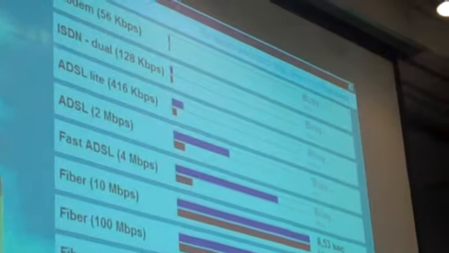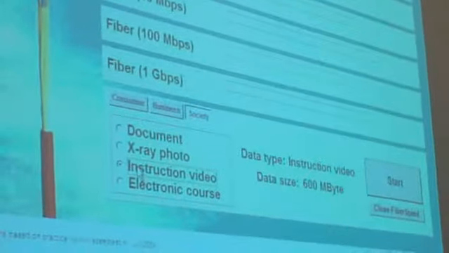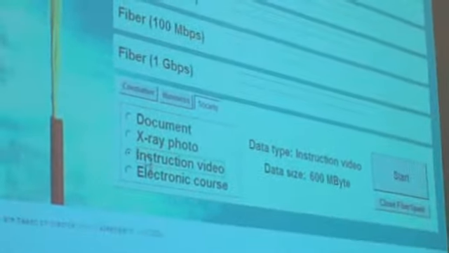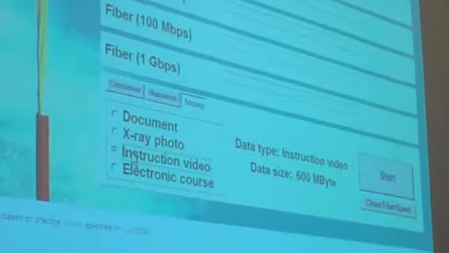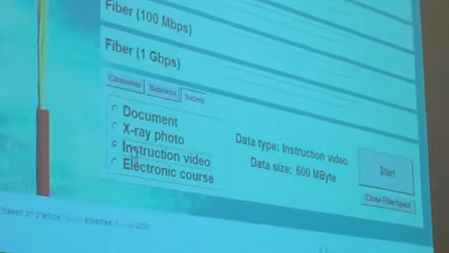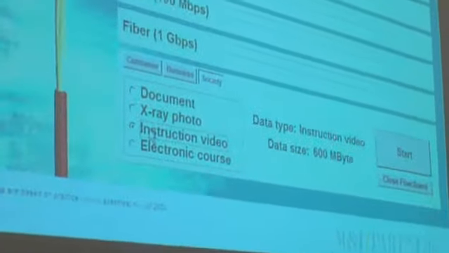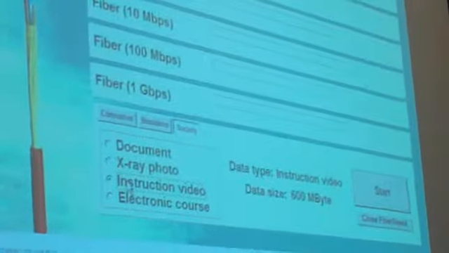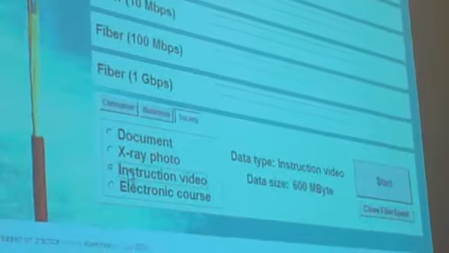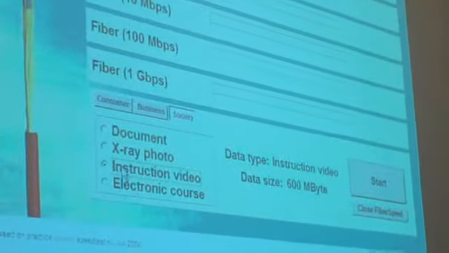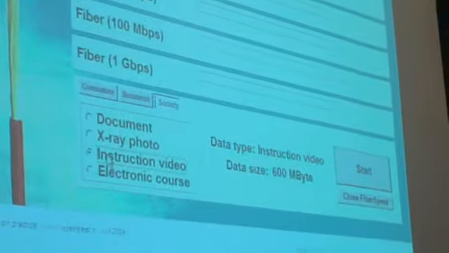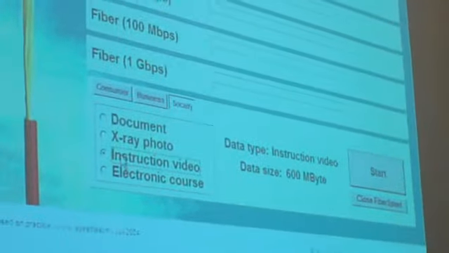Let's take a look at, how about an instruction video? So how does the world work these days in a commercial sense? We know that all around the world, manufacturers take their businesses and they break up the tasks. The more advanced employers don't anymore look at a task as one where they have to do it all in one place. What they do is they break up the task, they create value chains,